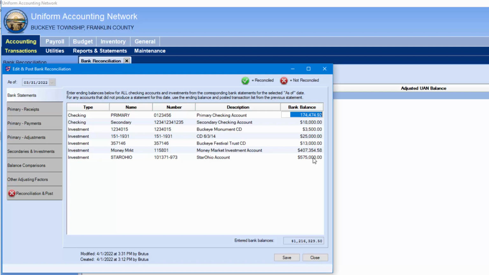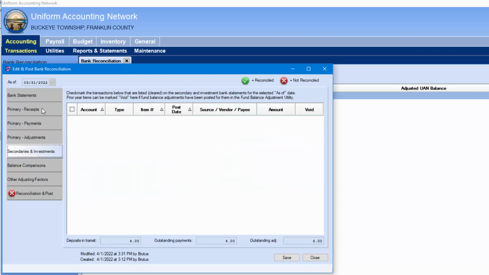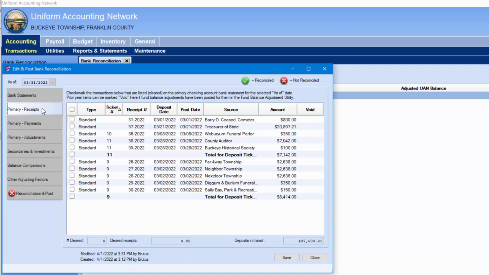We're not going to bother clearing the receipts and payments yet, since we haven't entered any interest receipts from our bank statements yet. You see there are none in our secondary investments and none under the primary receipts tab. We've got all our mock bank statements together and we're going to page through them to see what interest we have earned for the month and post the interest receipts before we continue with the rest of the bank reconciliation. I'll save the progress I've entered so far